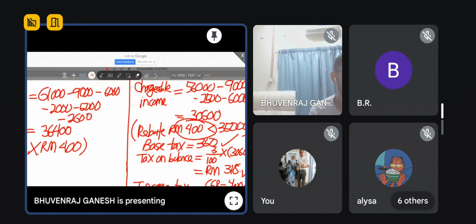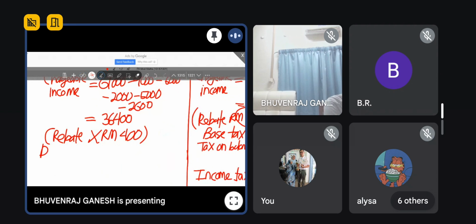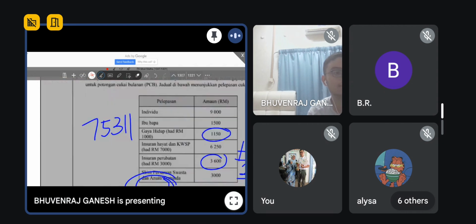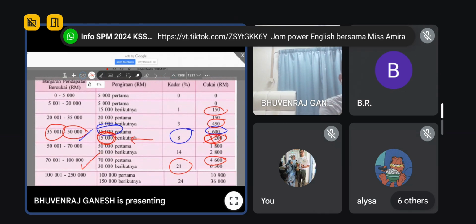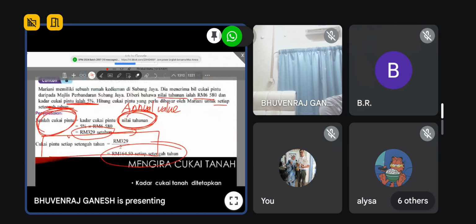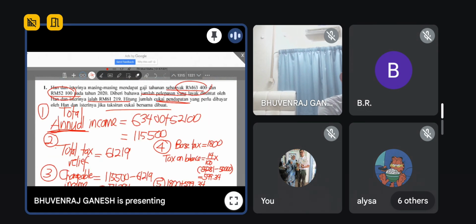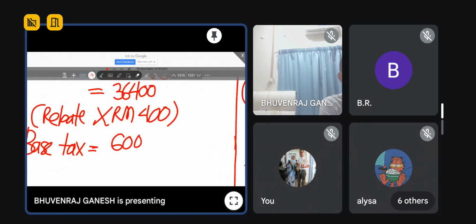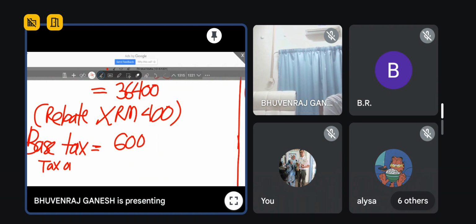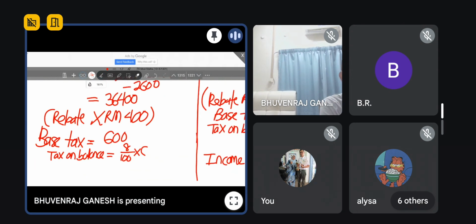So let me see next. Okay, base tax. This one I will answer for you because it's the same for the girls team also. I asked the same question. So base tax, basically we refer to this column. So it's 600 and then 8%. This one I won't ask you a question. You take 600. Tax on balance, you will take 8% times your value,